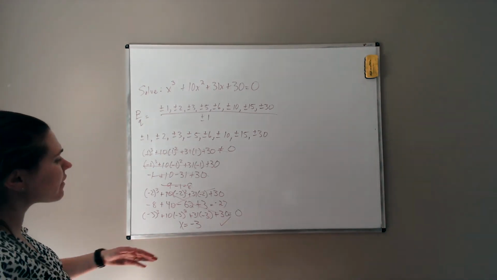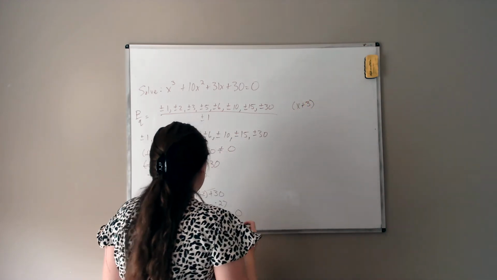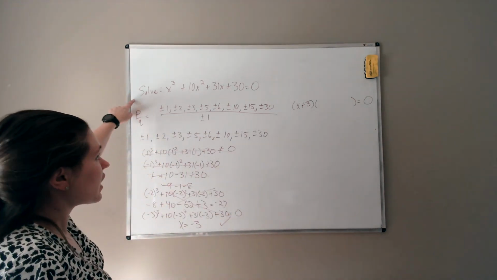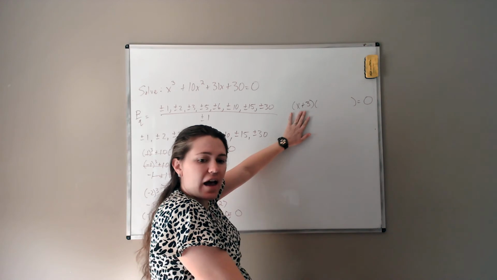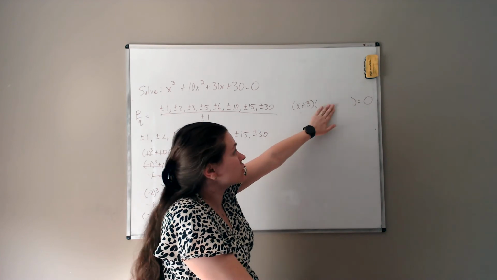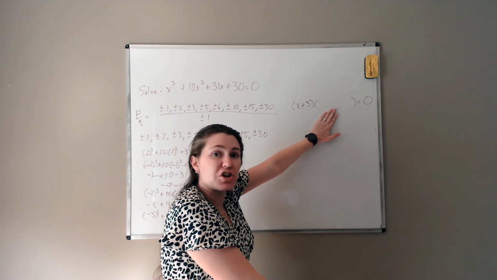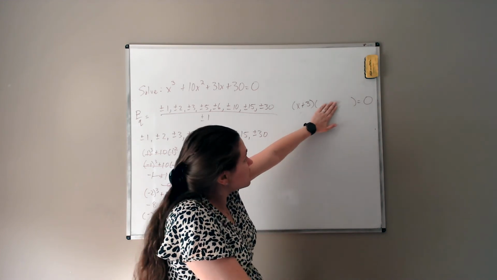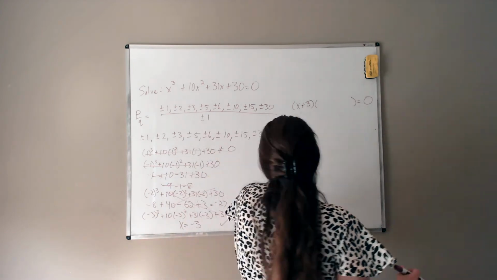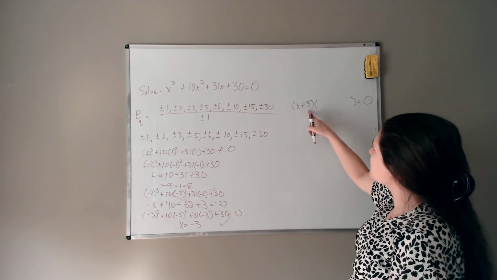So if I know what one of the solutions is, that means I know what one of the factors is. If negative 3 is a solution, then x plus 3 is a factor. So what this means is, okay, this was a third degree. I now have a linear factor, which means all I need to find is this quadratic factor. Could one of the solutions hidden in this factor be rational? Yeah. Could both of them be rational? Yeah. Could none of them be rational? Yeah. But this is a quadratic, so will you know how to solve whatever you put here? Yes. So instead of going through this list anymore, we should factor, okay, write this in its factored form, which